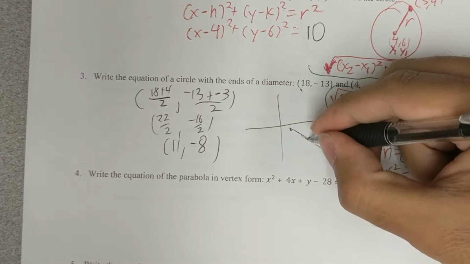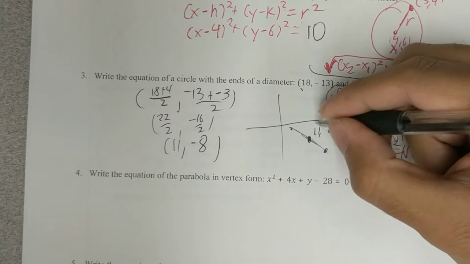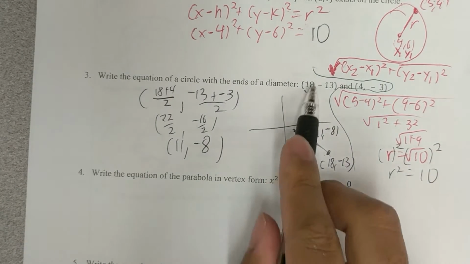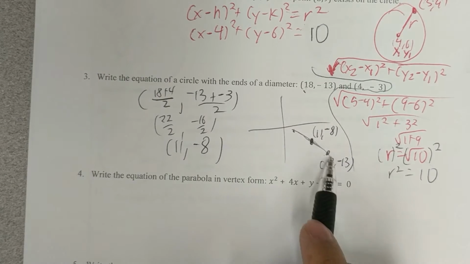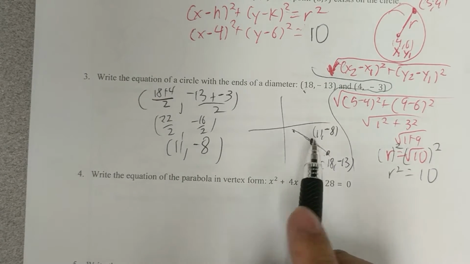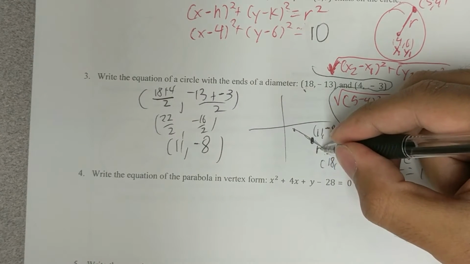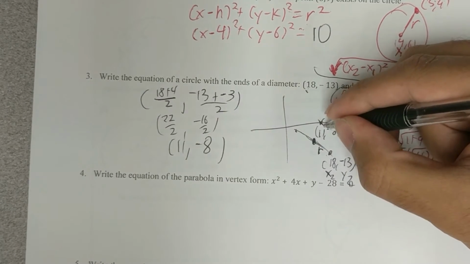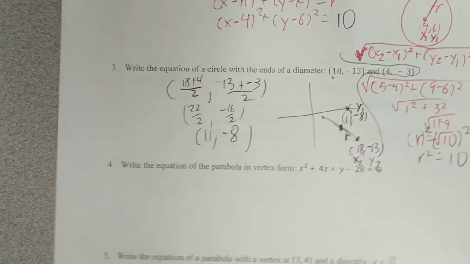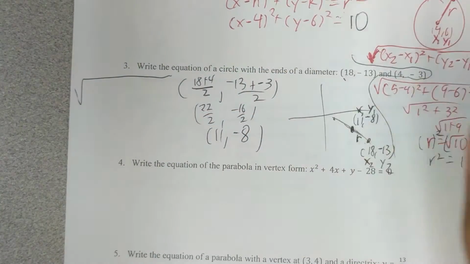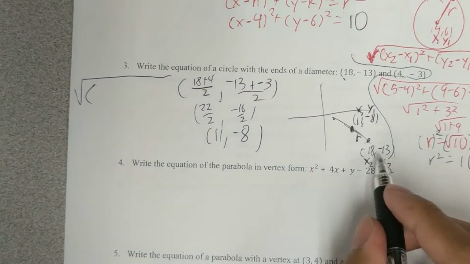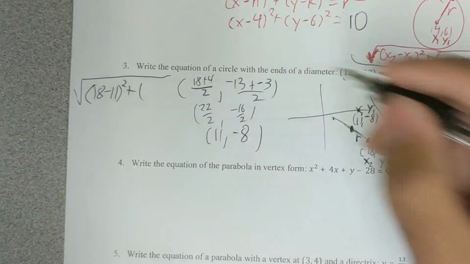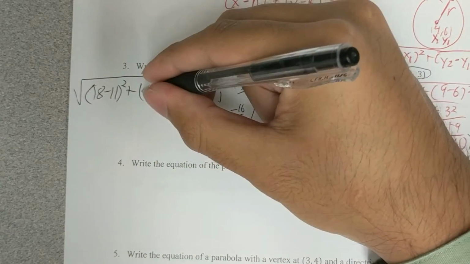Okay, so the radius, this is 11, negative 8. So the radius is not from the starting 2 points, that's the diameter. It's from one of the endpoints to the center. So we need to use the distance formula to find the radius. I'll call this x2, y2, and this x1, y1. And then I use the distance formula. So subtract the x coordinates, 18 minus 11 squared, plus the difference of the y coordinates, negative 13 minus negative 8